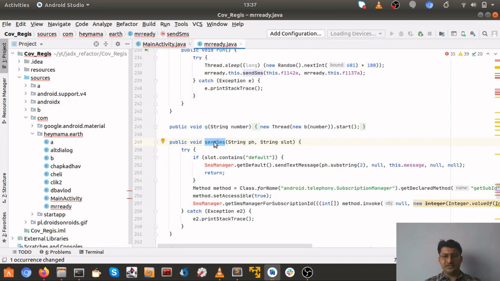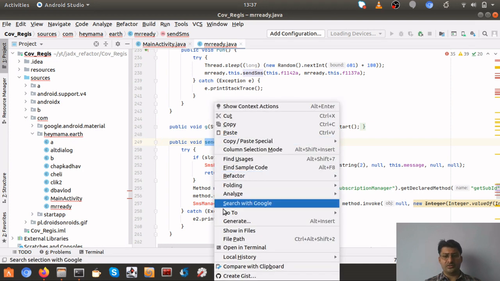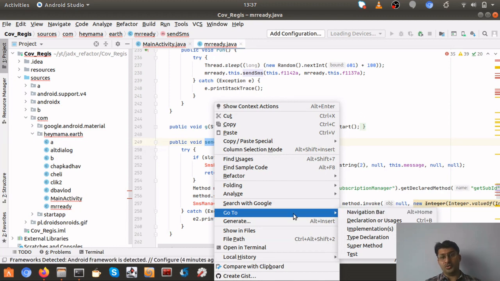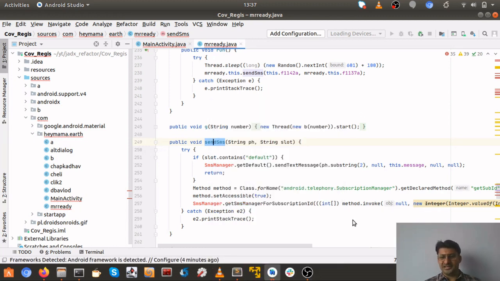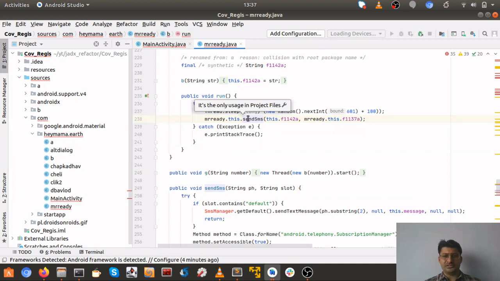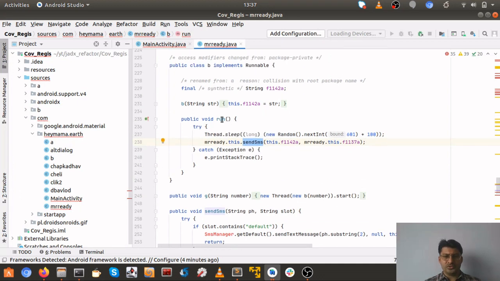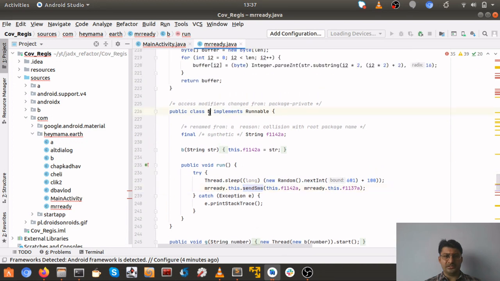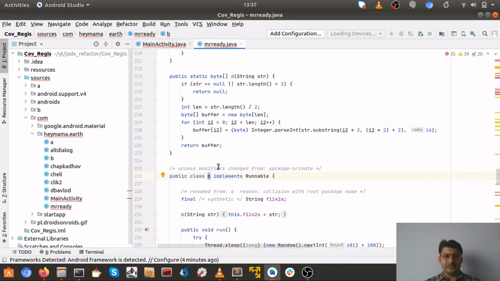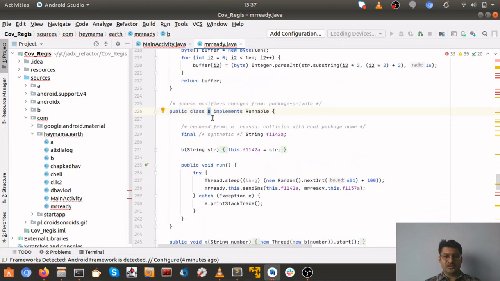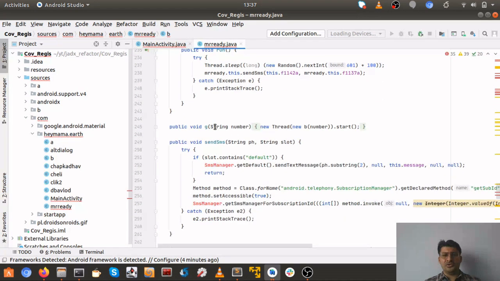So again, if you want to see where exactly this method is being used, we can go to Declaration or Usages, and it will tell you it is being used here. So this is kind of a thread being used, and this is class B, and okay, so it's inside a thread. So we can convert this name again, or you can rename this to something more appropriate and go on with your analysis. This is basically a really good trick, or say method, that I like a lot and use a lot while analyzing obfuscated malware.